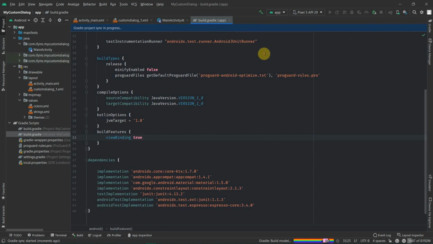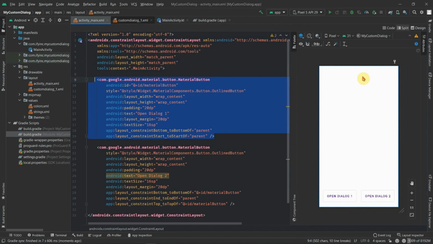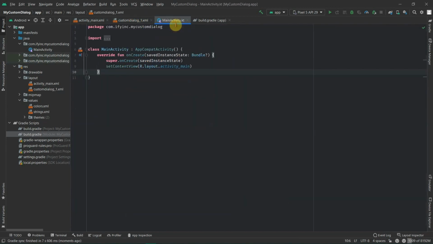So you can check the card which is flashing on the screen to study more about view binding. I have a dedicated video on view binding. For now, we'll be concentrating on the custom dialogues only. As now we have the view binding, let's just take the instance of the buttons that we have created inside our activity main.xml. So for that,